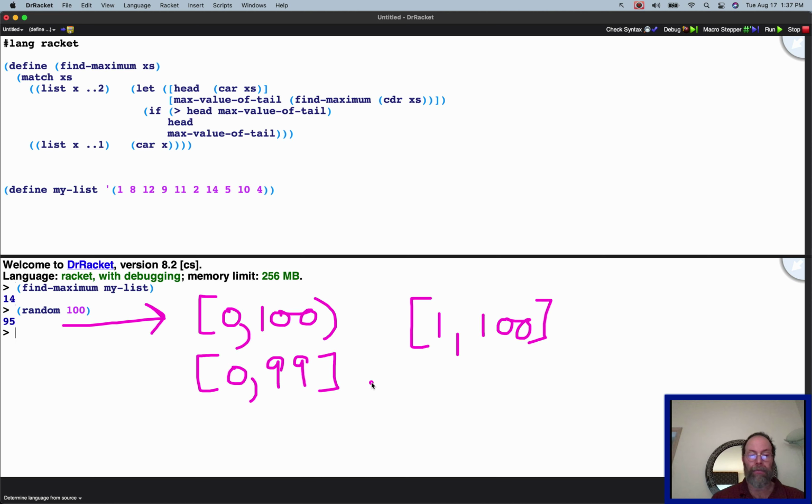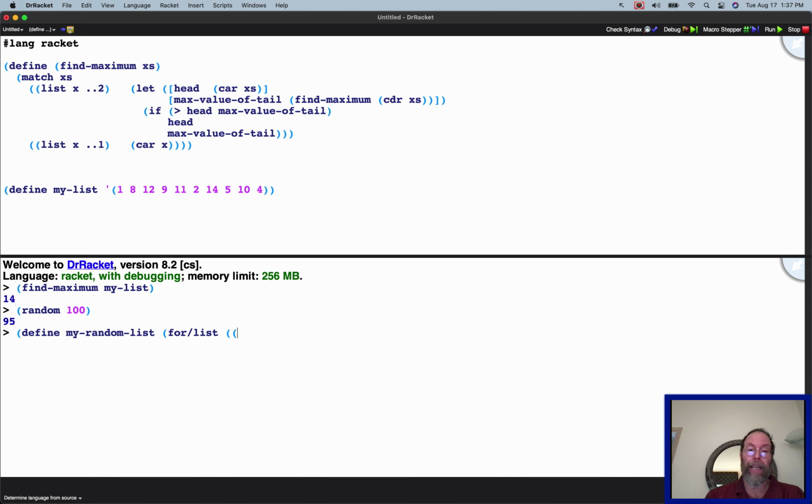Define my random list for list, and you'll see what this does in a moment. I have to make up some identifier name. Actually, let me show you what for list does. For list